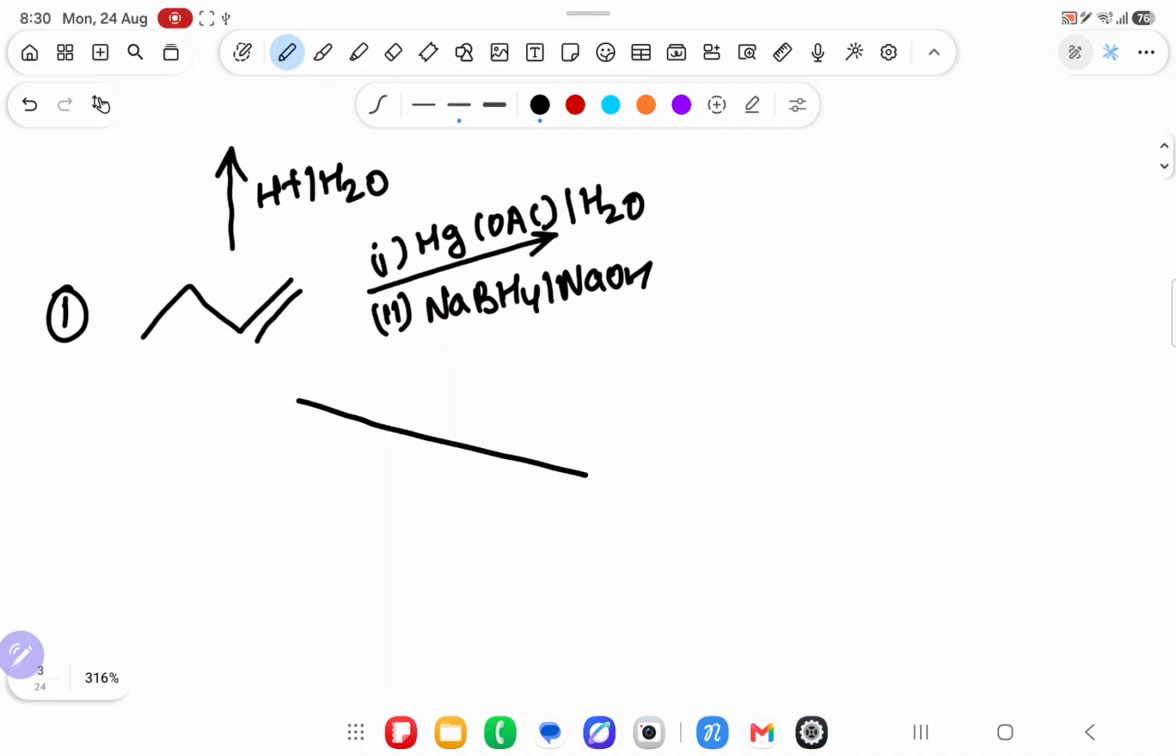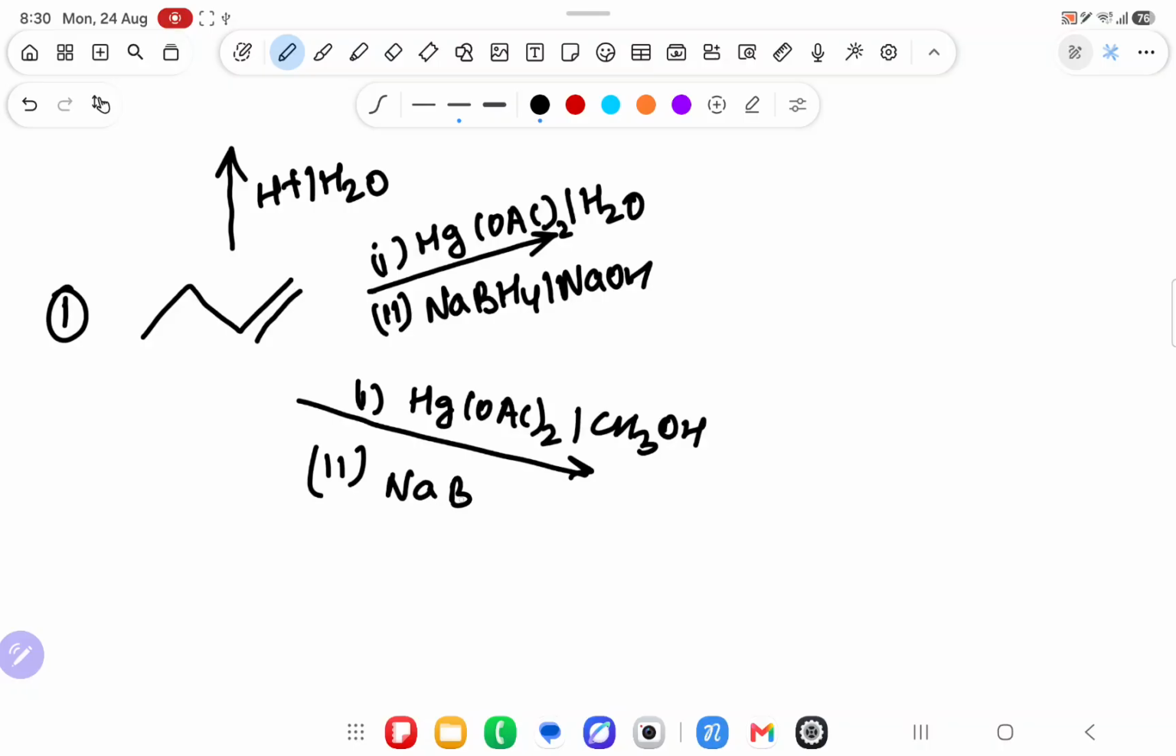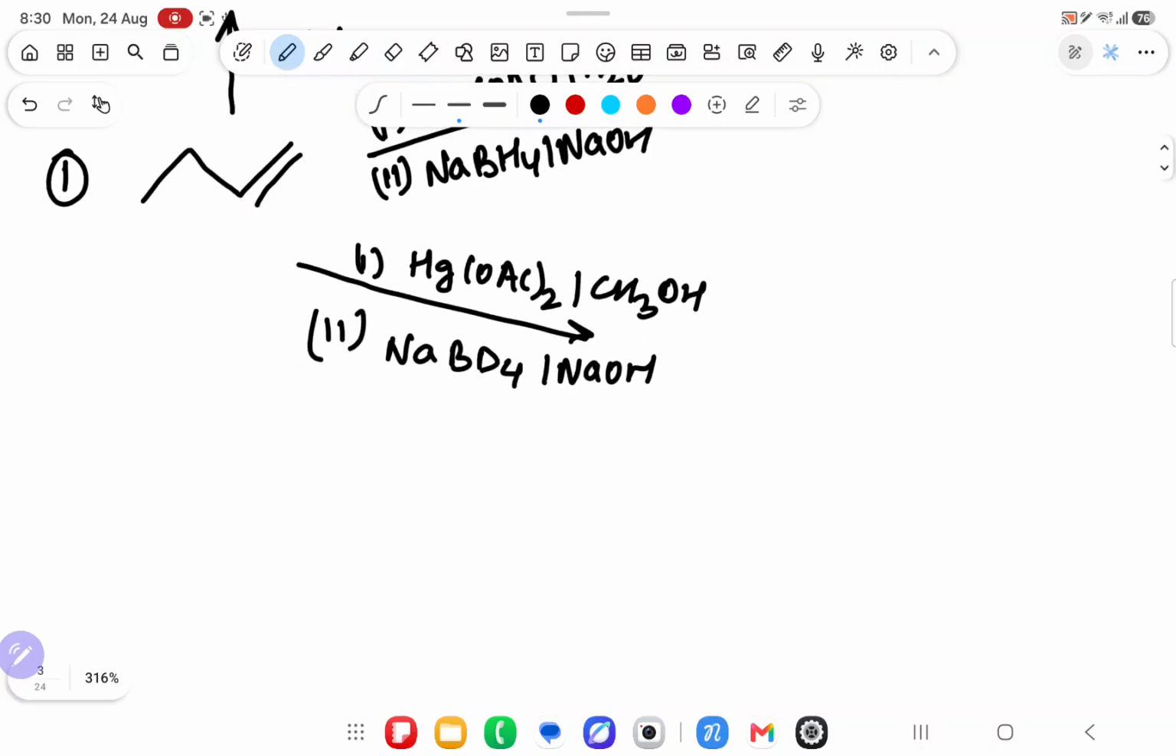Suppose the third: the first reagent is Hg(OAc)2 in presence of CH3OH. The second reagent is NaBD4 with NaOH. Achha sir. Third, I have taken the reagent as the first reagent